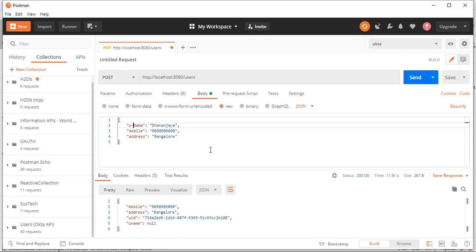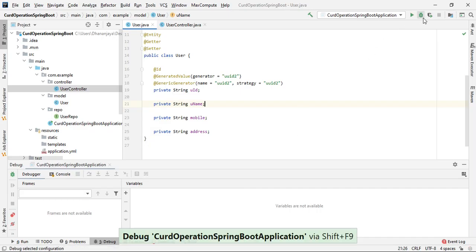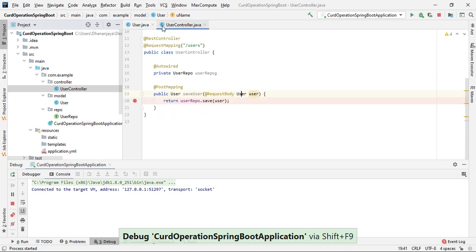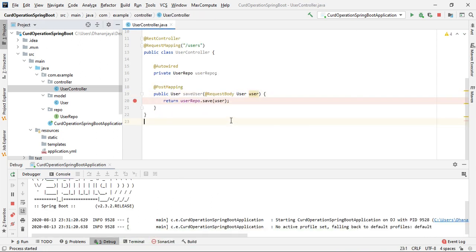I guess underscore name or hyphen name it will take. Let's try with that. I never faced this issue before. Okay, let's try.